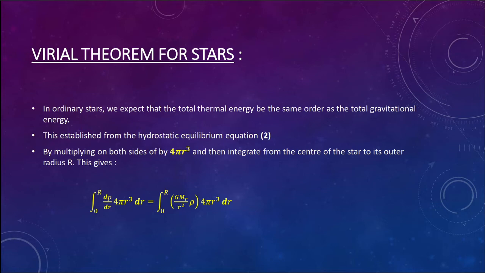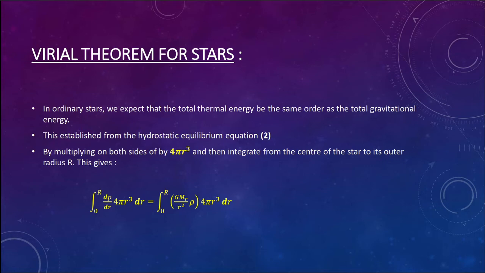So in ordinary stars like the Sun, the inward gravitational pull is balanced by the excess pressure of the hot interior. Putting it in other terms, in formal definition, the thermal energy of the interior balances the gravitational energy, or the gravitational power. We therefore expect the total thermal energy to be of the same order as the total gravitational energy, because we are considering very big values, so we are taking only the order of magnitude. So it should be of the same order as the gravitational energy.